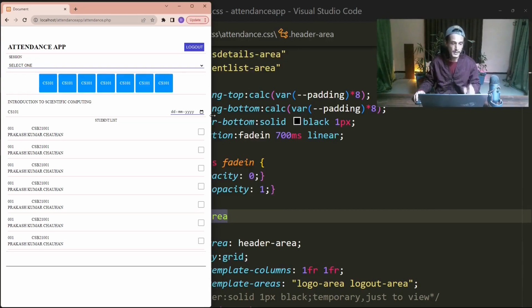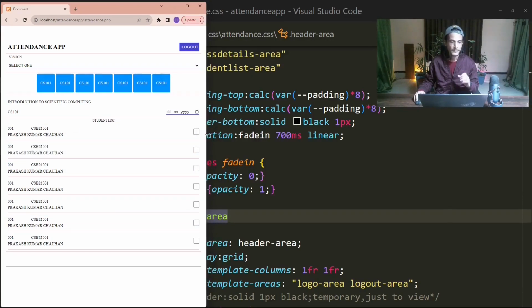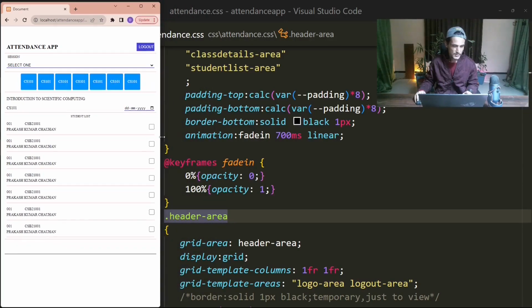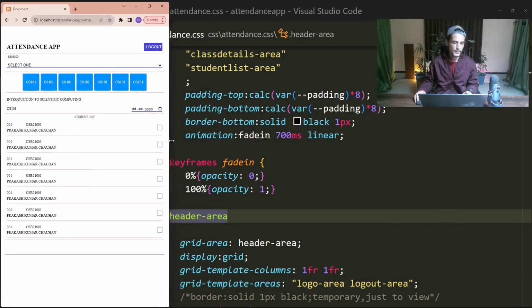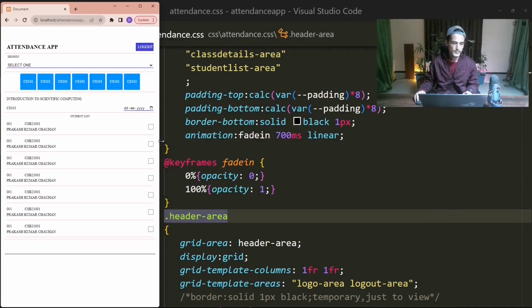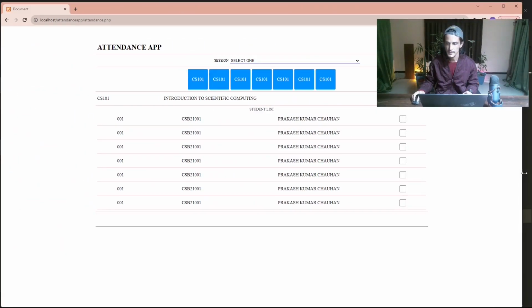Another breakpoint I have used is at 600 pixel, I guess. At that point the font sizes will again become smaller, although at that breakpoint the layout will not change, it will remain the same, but the font size will become much smaller if the screen size becomes, see here, now at this point. What are those screen sizes? Let's see it in